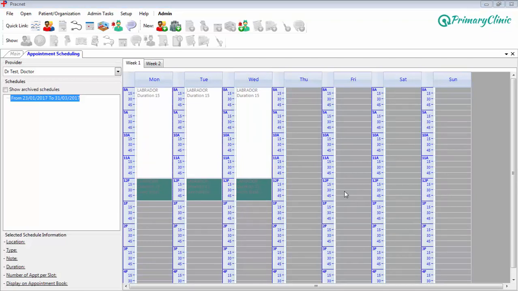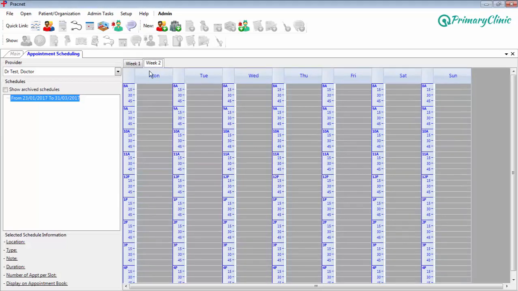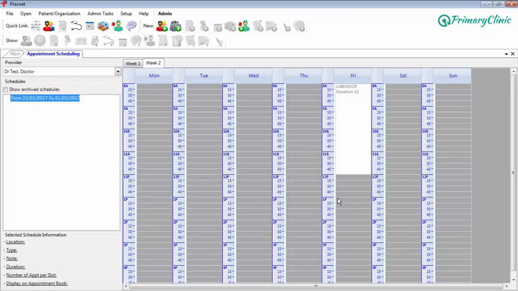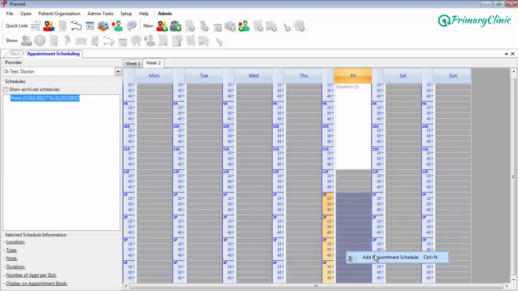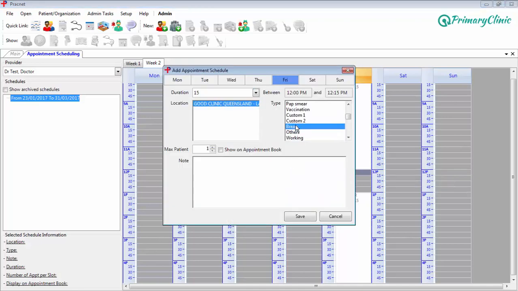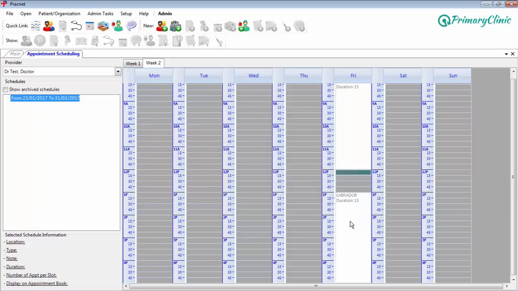Now we are going to set up our every second Friday. First, we select the week 2 tab. You will need to repeat the same step as shown in the week 1 tab, but this time we are going to add in our Friday also. Once you have finished setting up the columns, close the Appointments Book Scheduling screen